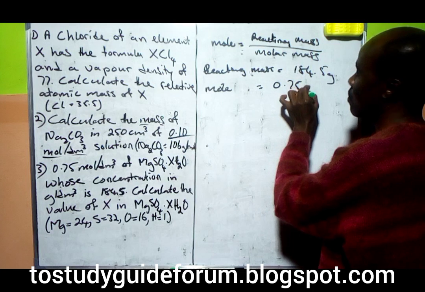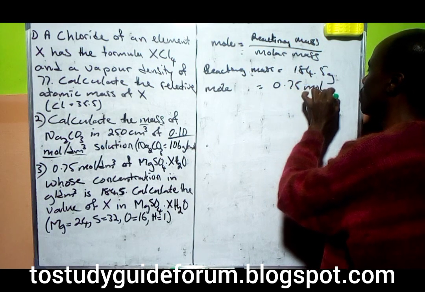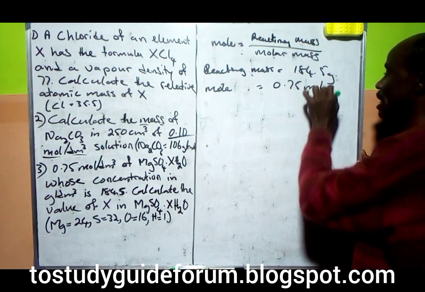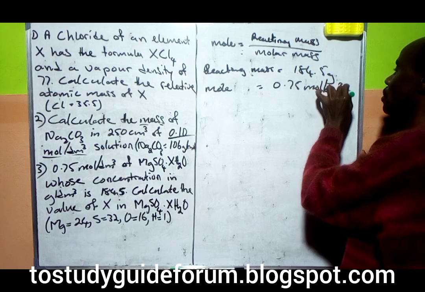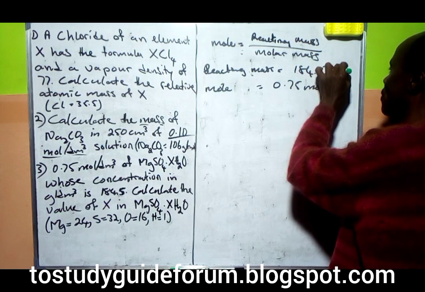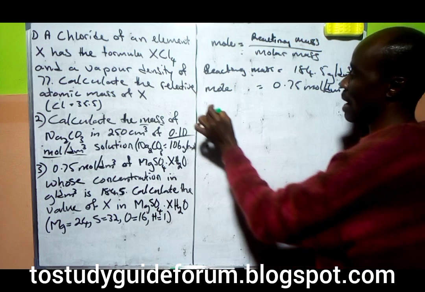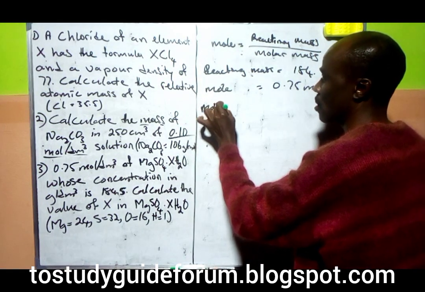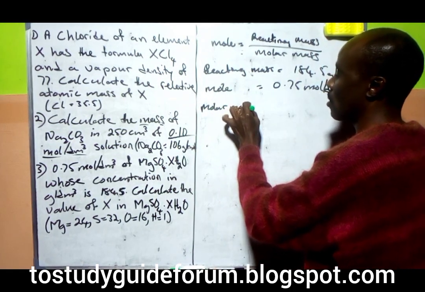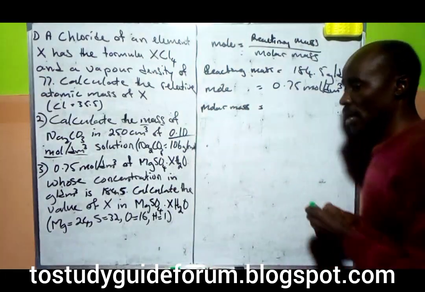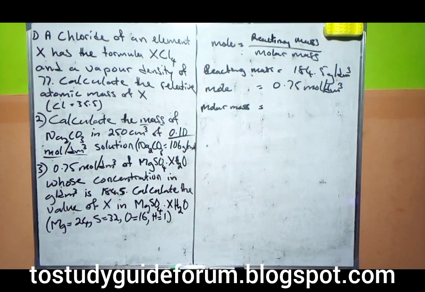0.75 mole per dm cube. This was a gram per dm cube. And then what again do we have? Molar mass. Molar mass will then be, so in the molar mass we have